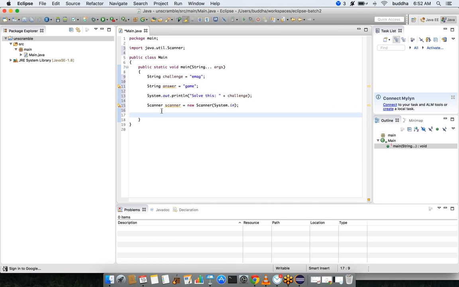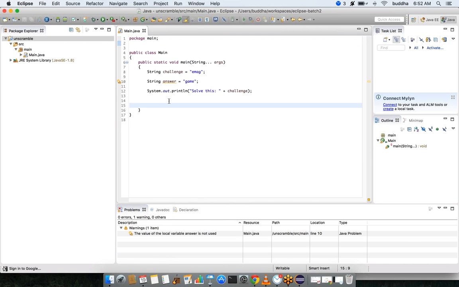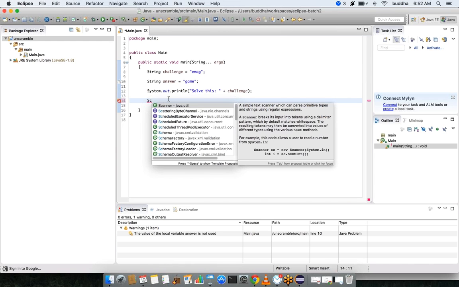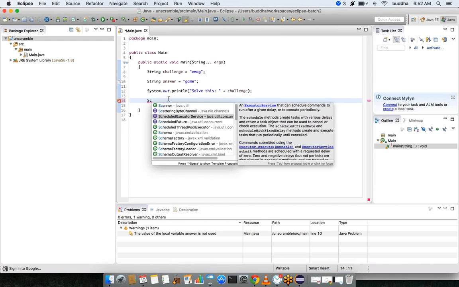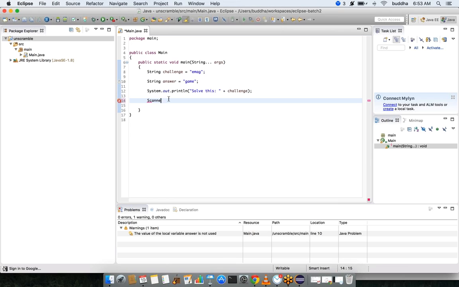If you see what happened, you may not have observed what Eclipse has done. It has entered a new line called import java.util.Scanner. That line is something Eclipse has added when we entered Scanner. Now let's remove this line. See Scanner. When we press Control space, it shows a list, right? And when we select from here, it comes automatically. Assume that we have not selected from there, we are just typing.